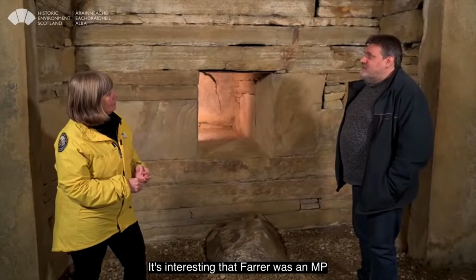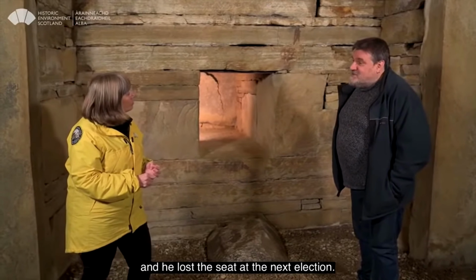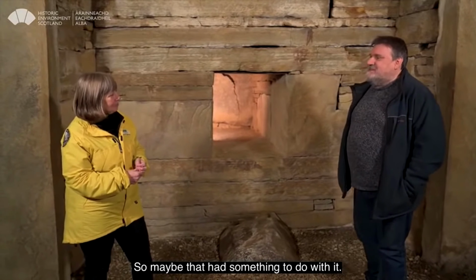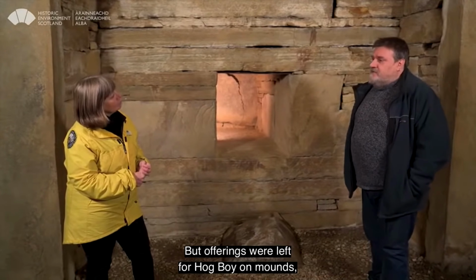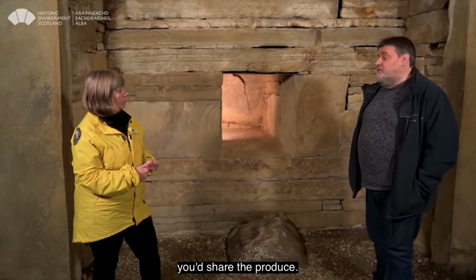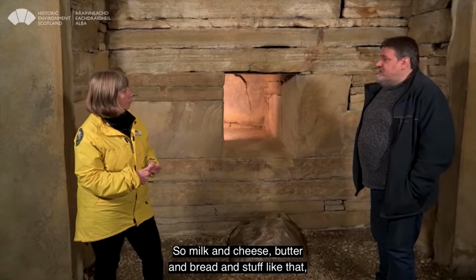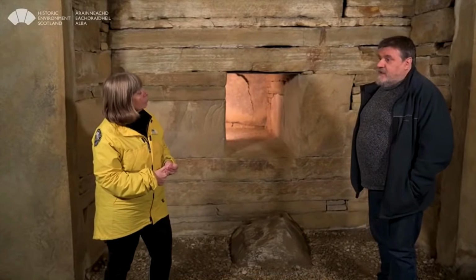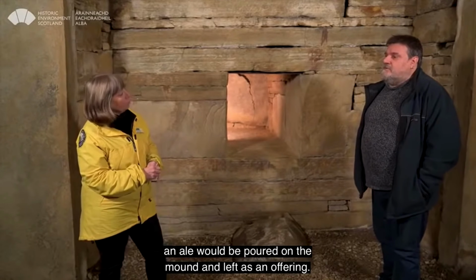It's interesting that Farrer was an MP and he lost his seat at the next election, so maybe that had something to do with it. But offerings were left for hogbones on mounds. You would share the produce. So milk and cheese, butter and bread and stuff like that, and ale would be poured on the mound